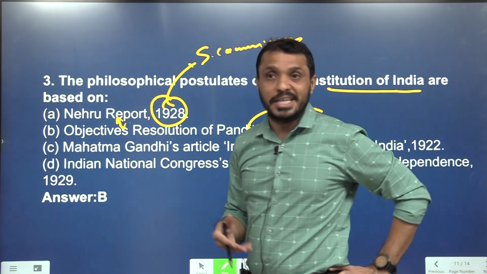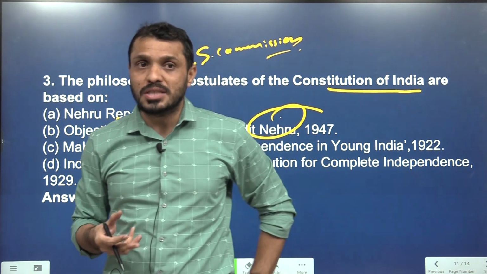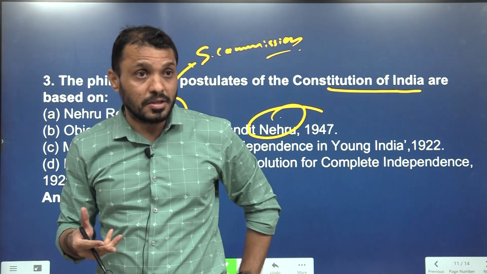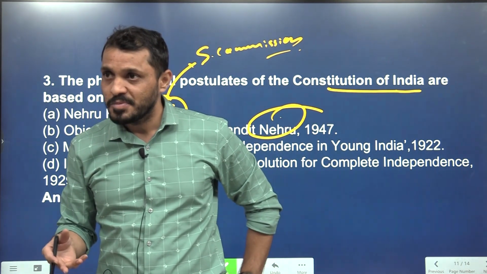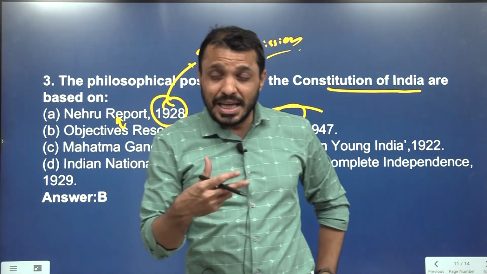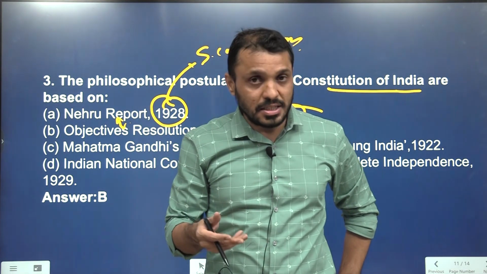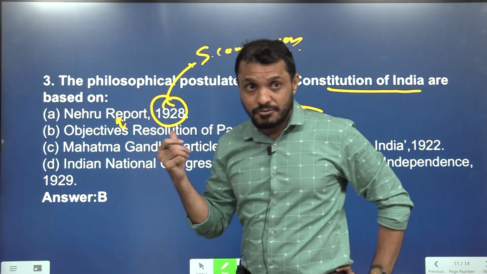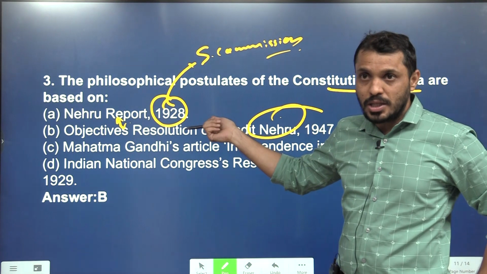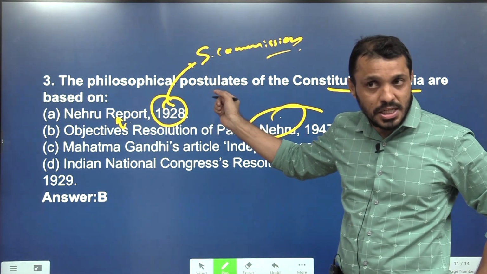When the Simon Commission was appointed in 1927, as Indians opposed it, Birkenhead challenged the Indians: if you don't want the Simon Commission, do you really have the capacity to convince all the Indians to have your own constitution? At that time, we took the challenge and appointed the Motilal Nehru Committee, and the Motilal Nehru Committee gave the constitution itself.